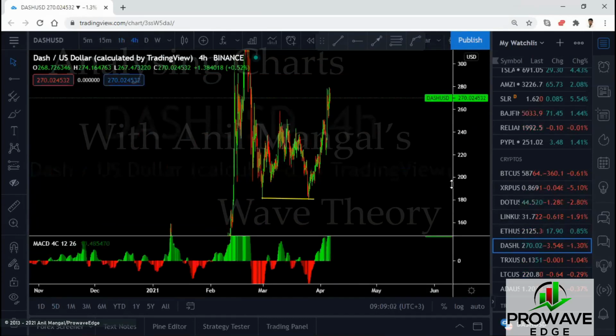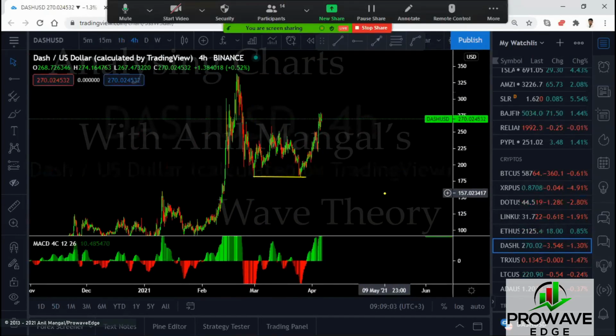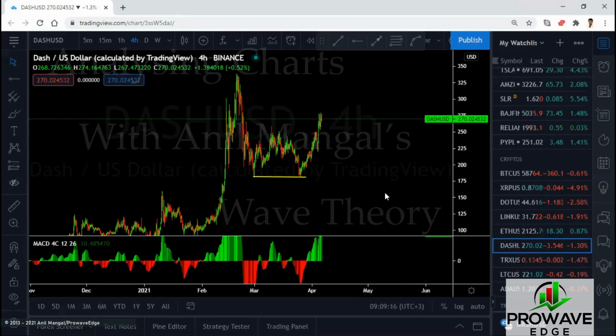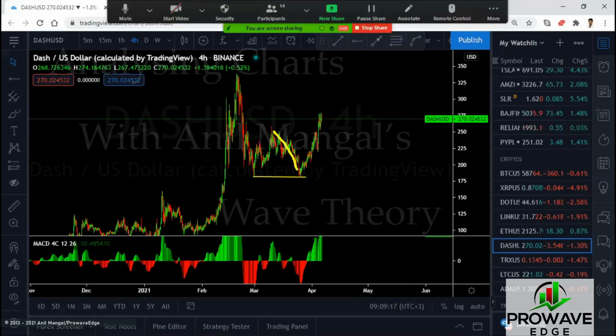4 hour. Same here. We've got to move up, we've got to move down, and we've got to move up. This is the impulse into that. Can it go break the top of that impulse? Yes, it can. But in this type of patterns, that is rare. When you get a deep pullback like that, breaking that top is a rare thing. This normally comes a little more up and then comes back here before they go,